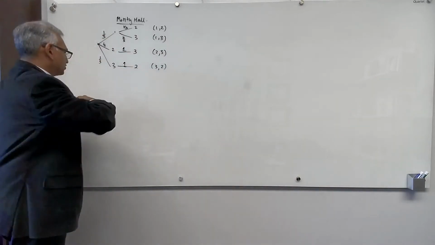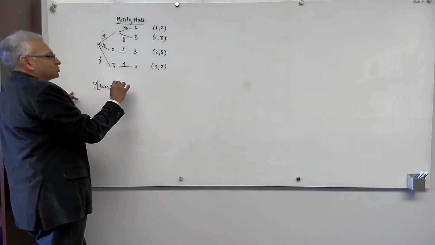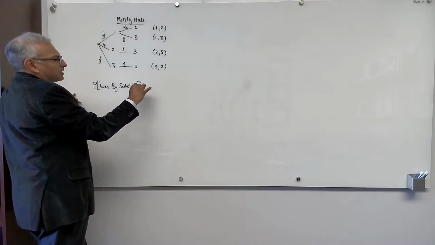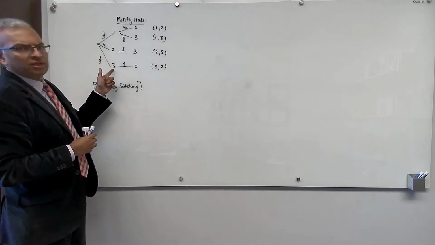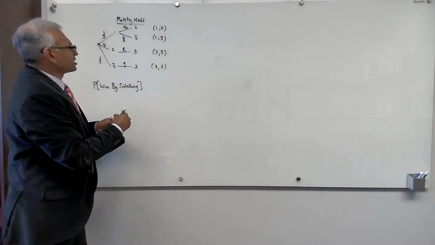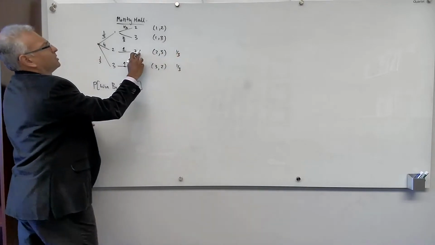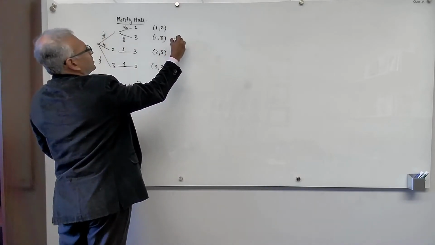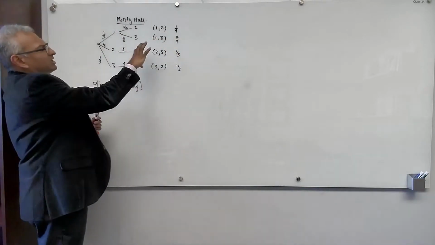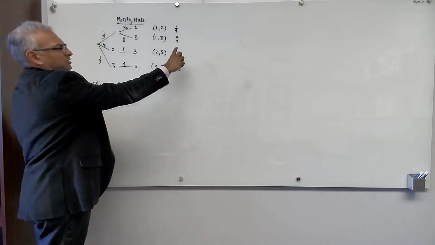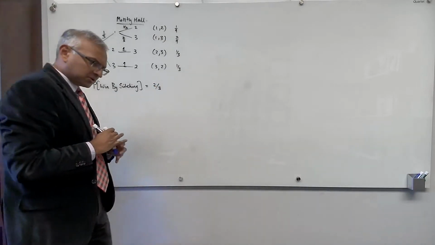Now, exercises for you. Compute the probability to win by switching. We already computed it, and the intuitive argument is that you win whenever the prize is behind either door 2 or 3, if you switch. So let's compute the probabilities. 1 times 1/3 is 1/3. 1 times 1/3 is 1/3. Now we have 2/3 times 1/3, which is 2/9, and 1/3 times 1/3, which is 1/9. Before they were 1/6, 1/6. You still win in these two outcomes by switching, and so the chance of winning by switching is 2/3.